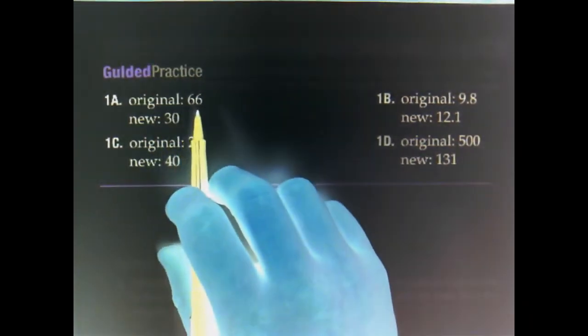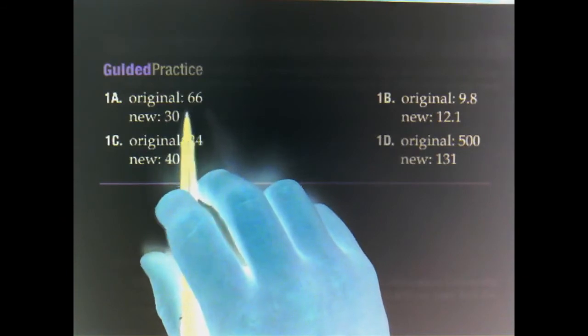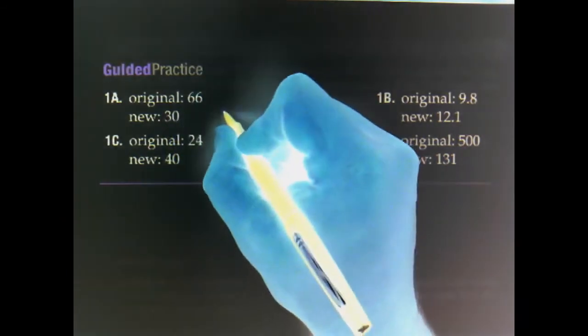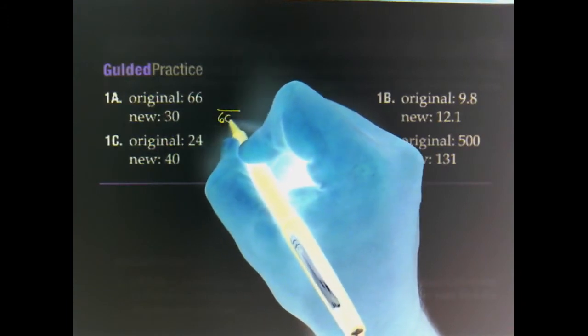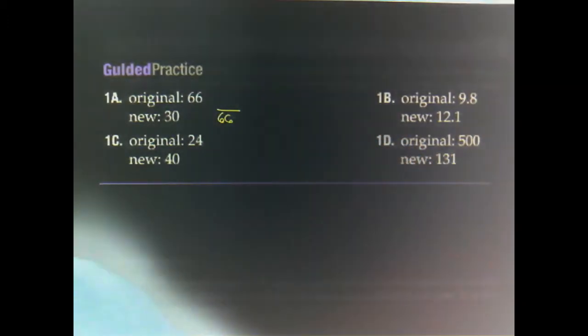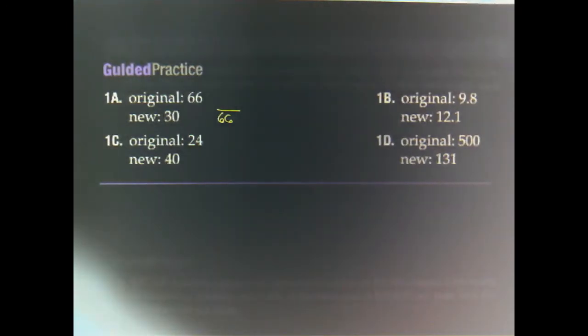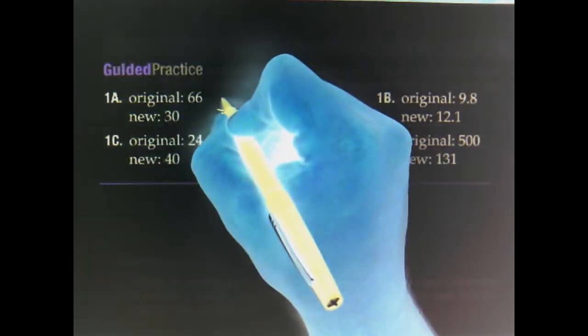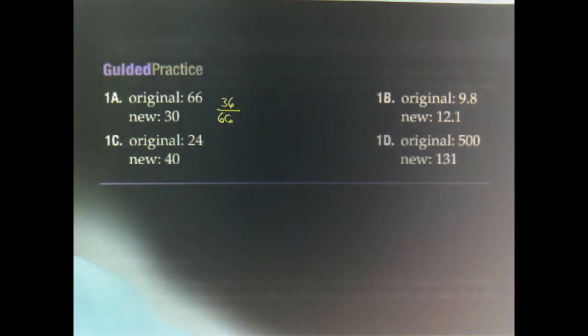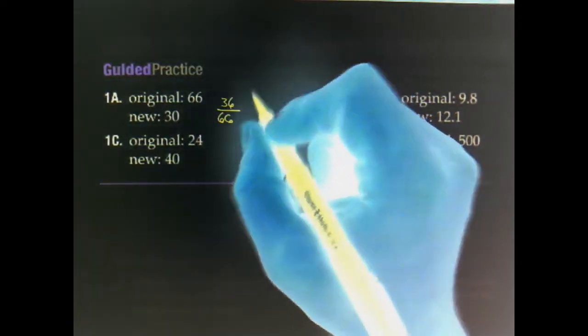If we take a look at 1A, our original is 66, our new is 30, so we know that is a decrease. We have 66 on the bottom because that's our original amount. And it went down 36, so we put that on top. Type it in your calculator, 36 divided by 66, and we get